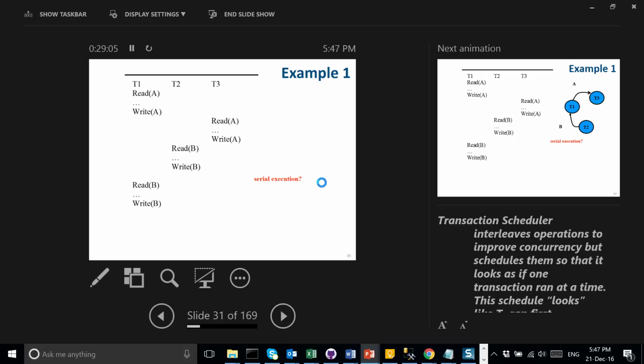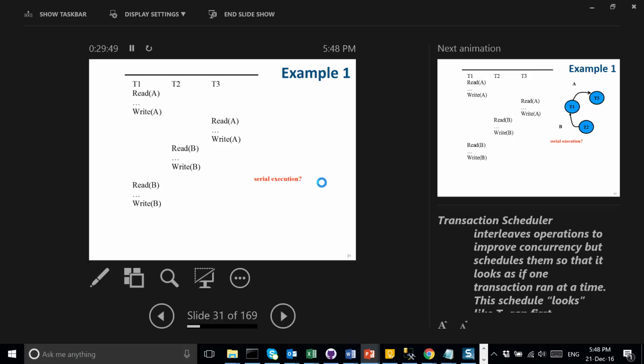So let's go like this. T1 is the lucky one, it just came in first, and it says, I want to read A. It asks for a shared lock on A, and the shared lock is granted. So basically, let's say, lock S. Let's see what T1 is doing. It will say lock shared lock on A. This one will be granted. And that shared lock will allow T1 to do read A. No problem. This will be fine.